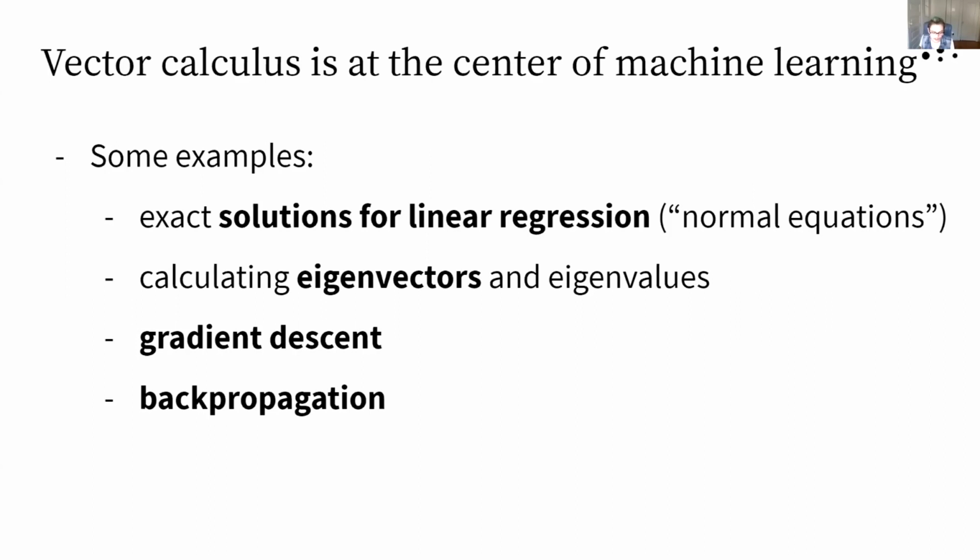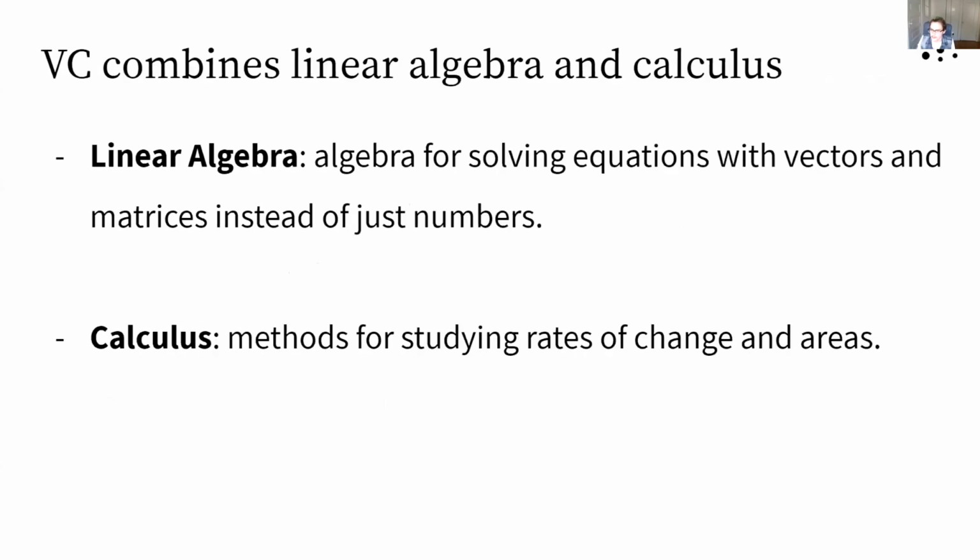But vector calculus is essentially the same thing as what people would call multivariable calculus in at least the American high school system. It's something that people have a lot of fear of or dislike for. And I think the reason why is that vector calculus combines two things that people are a little sketchy on: linear algebra and calculus. And part of the reason why people are sketchy about linear algebra and calculus is that people explain both of those things the wrong way.